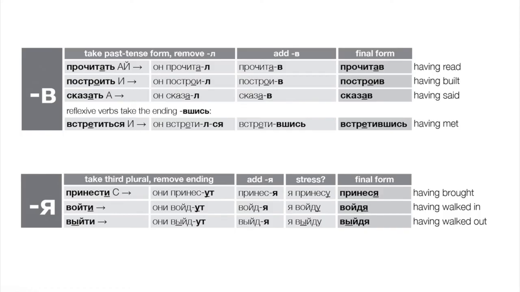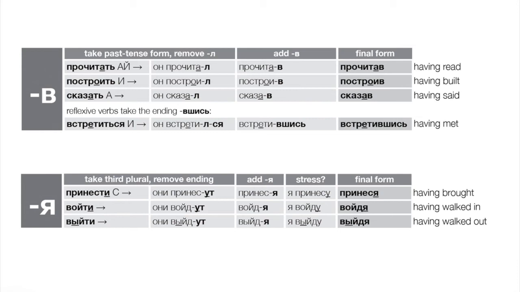Okay, what about perfective verbal adverbs? Again, these are pretty easy to form. With these, we're basically just going straight from the infinitive in most cases, kind of like with the past tense. So from прочитать, let's start with the past tense form. We would get прочитал. Or from построить, построил, сказать, сказал. All we need to do is drop the L and add a V. Прочитав, построив, сказав. Okay, very easy. So these are usually pretty easy to spot.